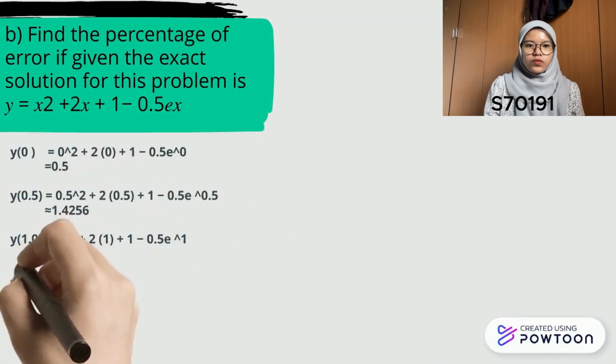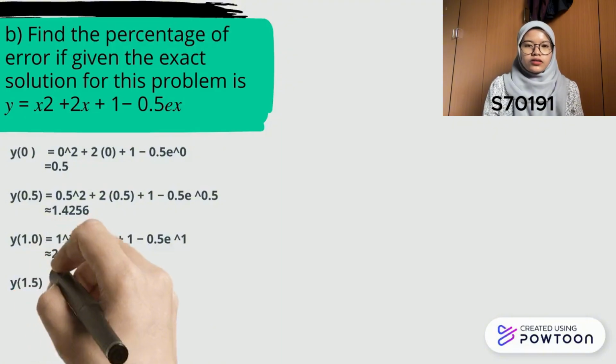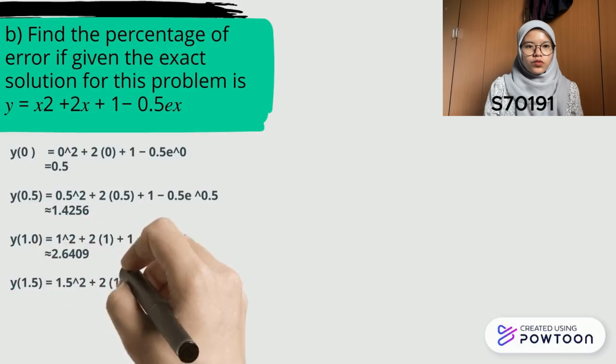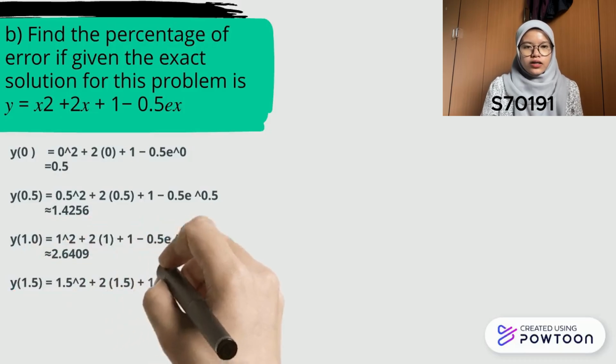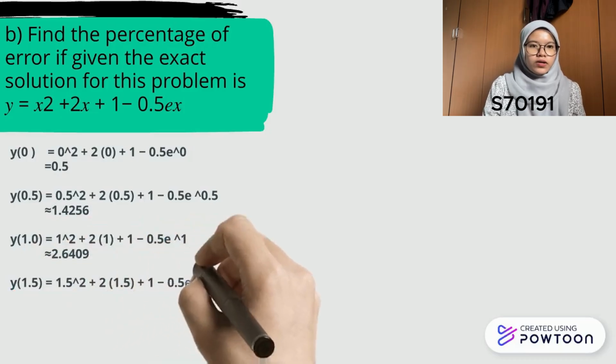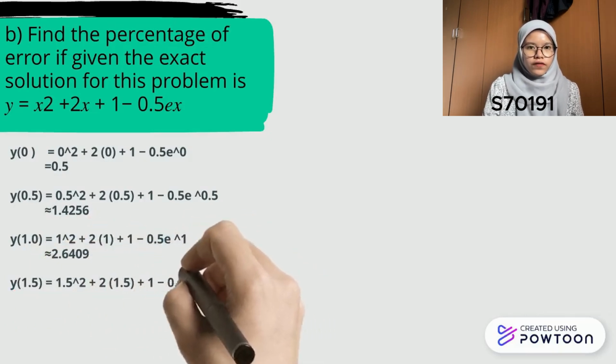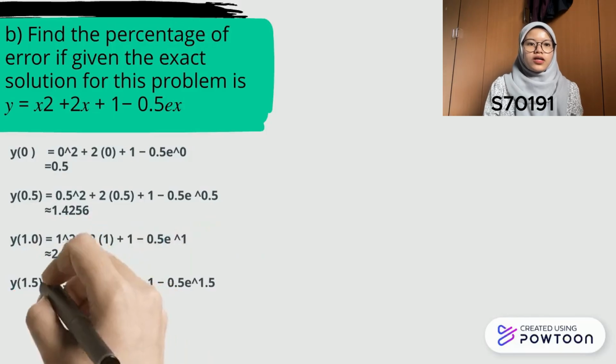For x equals 0.5, the exact value of this function is calculated as y(0.5) equals 0.5 power of 2 plus 2 multiply 0.5 plus 1 minus 0.5 e power of 0.5. So the answer is approximately